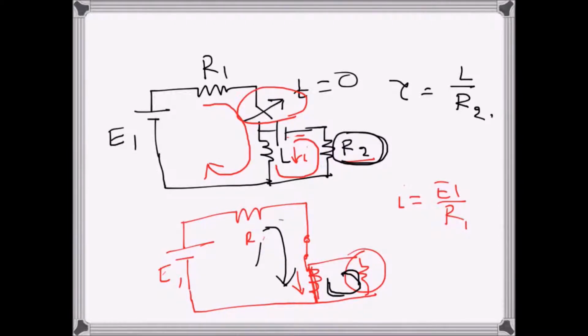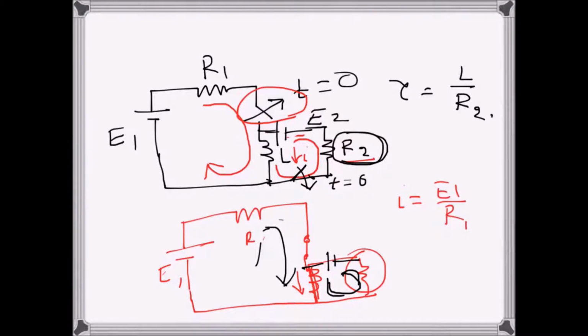Now let's assume we are inserting a voltage source here, like that, of E2. The voltage source will be like that, E2 here. And also there is another switch here, so basically it becomes like that. Let's say this switch was open earlier, and now this switch is closed. Somehow both the switches are closed and opened simultaneously, whatever way it is done. So what happens then, I will just investigate now.